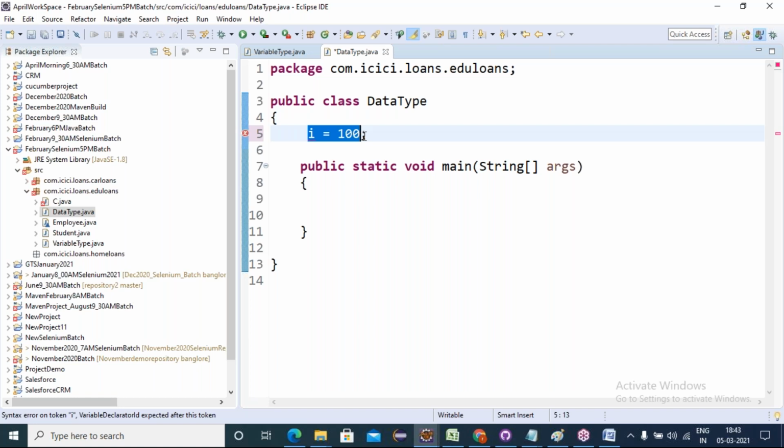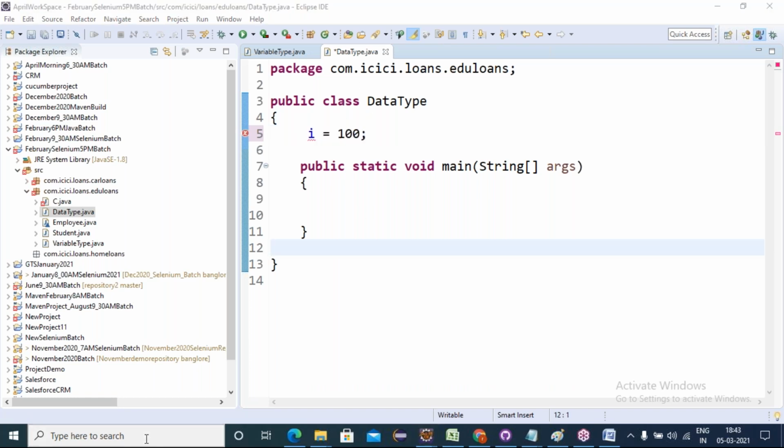Friends, what are the examples? C language, C++, Java, C#: in all these languages we must strictly give the data type. That kind of declaration is called static declaration. Some languages do not require data types, for example JavaScript, Python, Ruby, Scala. These kinds of scripting languages do not require any data type.